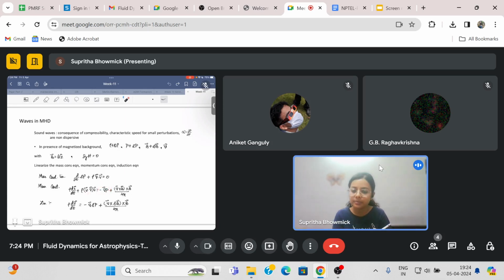Then you have a gradient of p, but we know that the background p, this p over here, which is the background pressure plus a perturbation, the gradient acting on the background will give you zero because the backgrounds do not vary in space and time. So then this becomes gradient of del P, the pressure perturbation. Next, for this term, you see that the curl of B will give you 0 when you consider the background B over here. So you consider del B, and when you do that, this term already becomes first order in perturbation. So then this will have to be the background B. So when you linearize the momentum continuity equation, this is what it becomes.